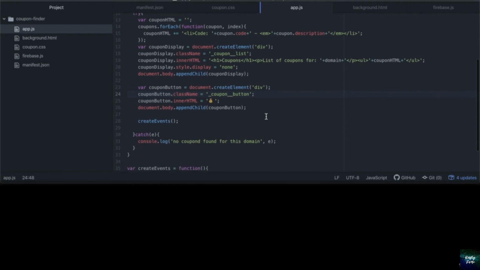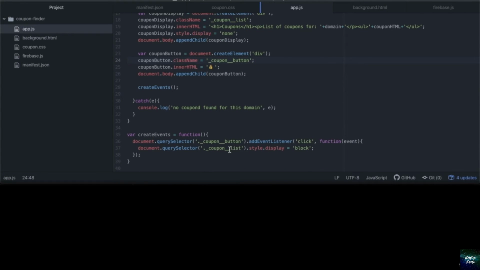So before we change any of the styling, we want to actually make sure that when you click the icon to open up a list of coupons, if they click it again, it will close it, just so that we can free up the space for the user. To do this, we're just going to add in a small check just down here to see if the coupon list is appearing already. So we just do that by saying if the style display type is a block,